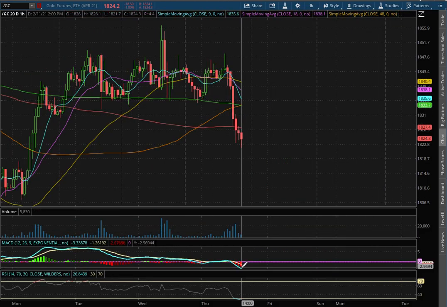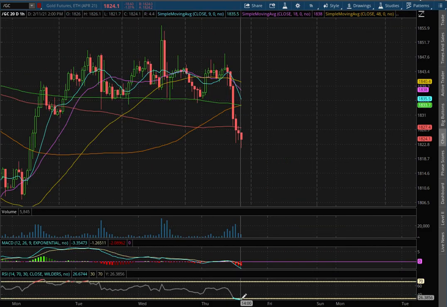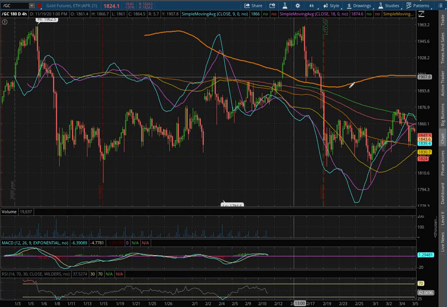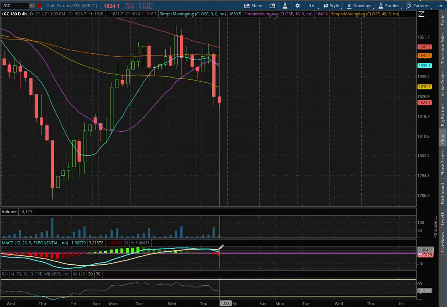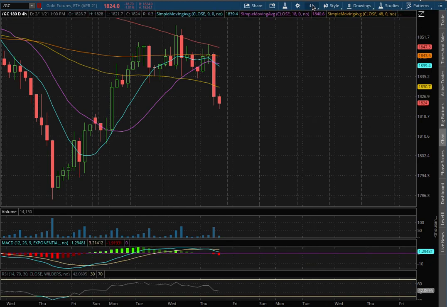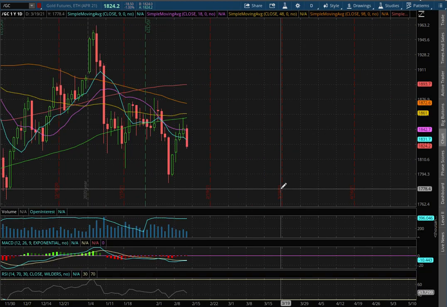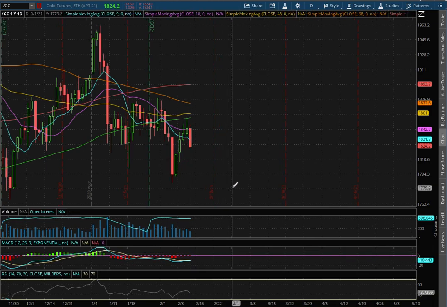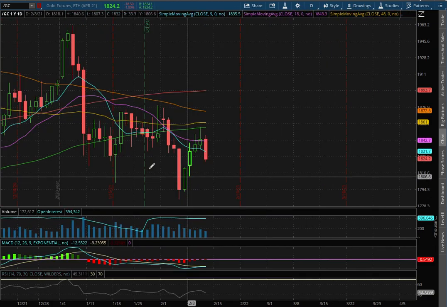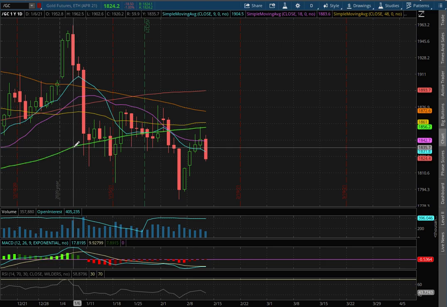We have dipped into negative MACD territory. We're at oversold levels with the RSI. As we extend out to the 4 hour chart, we still remain in positive MACD, but we're approaching negative MACD territory. As we extend out to the daily chart, we remain in negative MACD, seeing slight signs of a convergence. And as for resistance, that'll be where we have the 200-day moving average, this green line, at a price